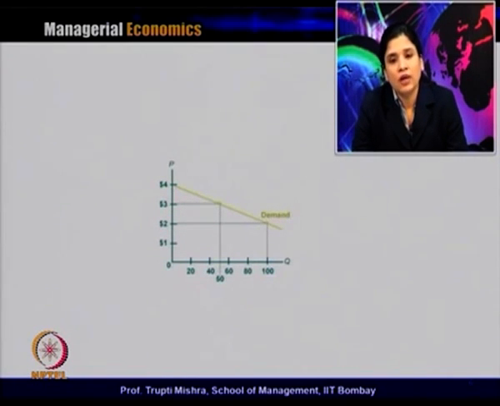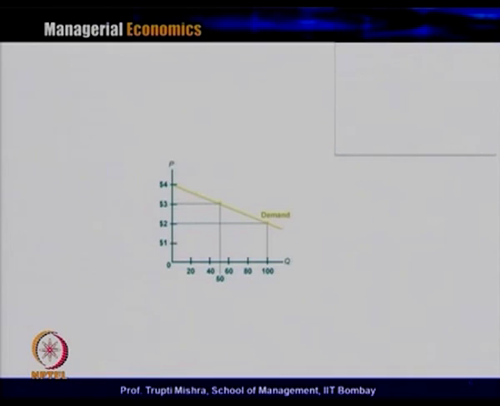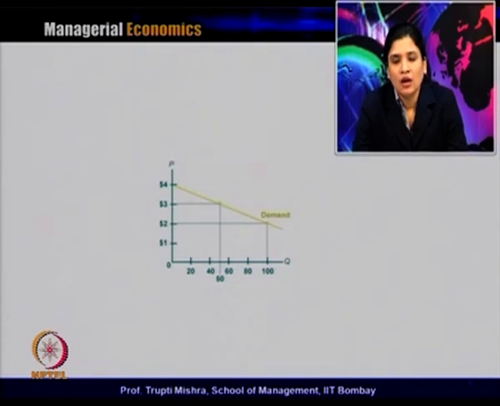This is just a hypothetical way to understand the linear demand, where on the vertical axis we take price and on the horizontal axis we take quantity. If you look at it, when the price is changing, the quantity demanded is also changing. Initially when the price is $2, the quantity demanded is 100 units. When the price increases from $2 to $3, the quantity decreases by 50 units to 50 units. If you look at the demand curve, each point gives a price and quantity combination. Here quantity demanded is the dependent variable. Whenever there is a change in the price, that leads to a change in the quantity demanded also.